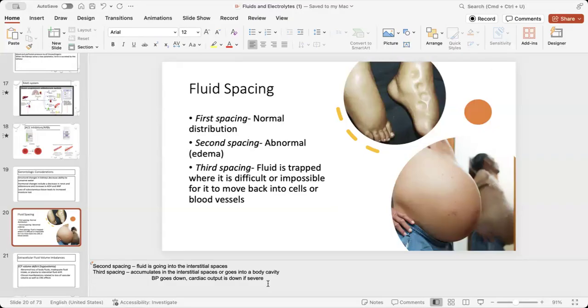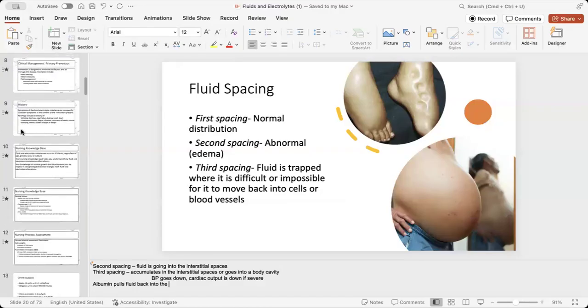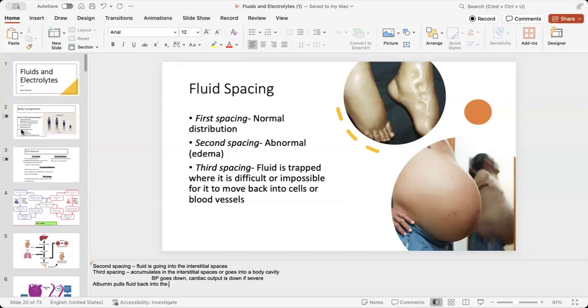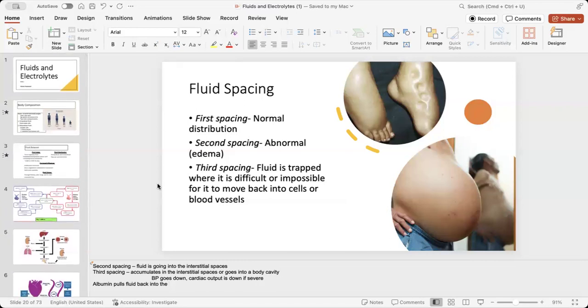Albumin, yep, good, albumin. We also might have to give an isotonic IV solution to increase our blood pressure, right? If we have a low blood pressure and a patient isn't able to stabilize, we might have to give an isotonic, it's going to stay in that vascular space. Or we'll give albumin, which uses that osmotic pressure to draw that fluid back into the vascular space.